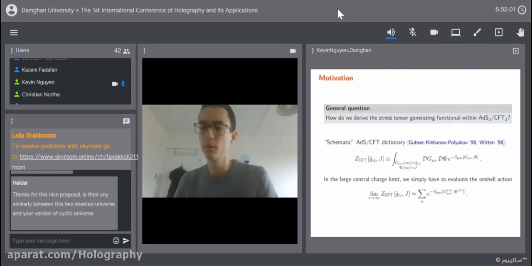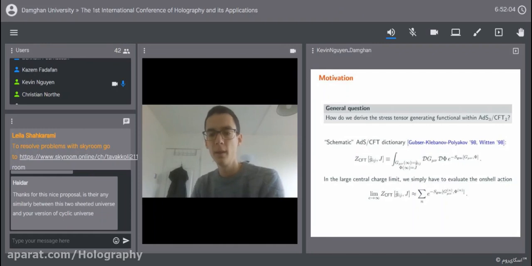The starting point of this work is essentially trying to answer this very basic and general question in AdS-CFT, which is how do we derive the generating functional for stress tensor correlators in AdS-CFT. In principle, we know how to do this because we have the AdS-CFT dictionary, which was formulated by Gubser, Klebanov, Polyakov, and Witten in '98, often referred to as the GKPW dictionary. And it essentially